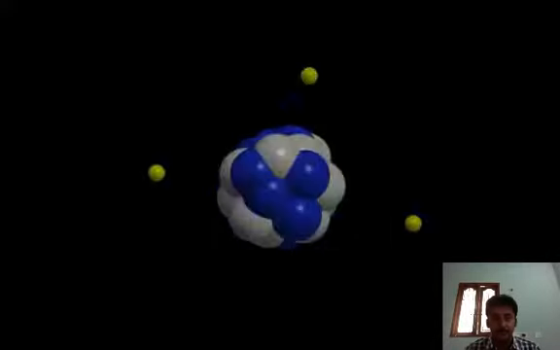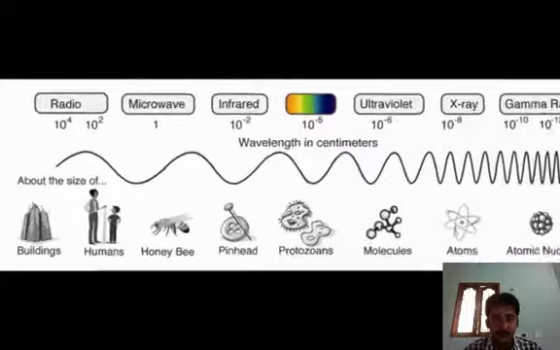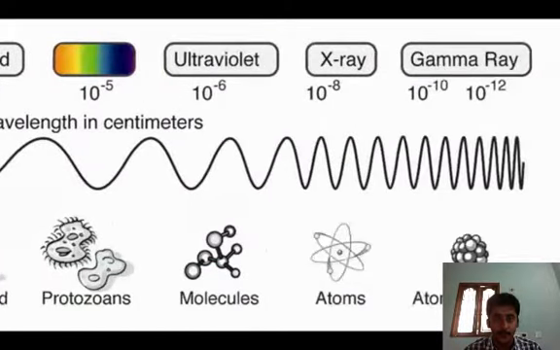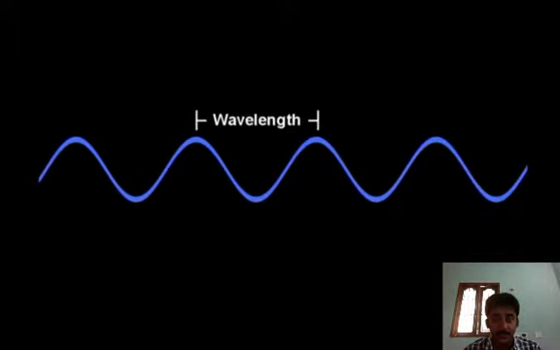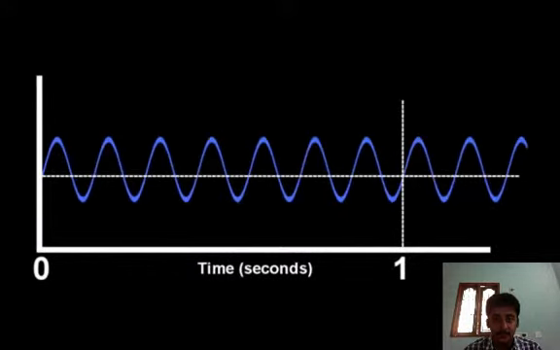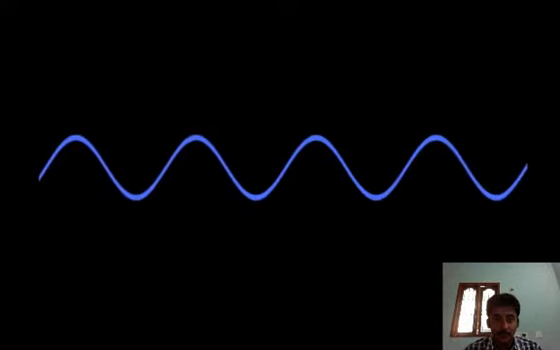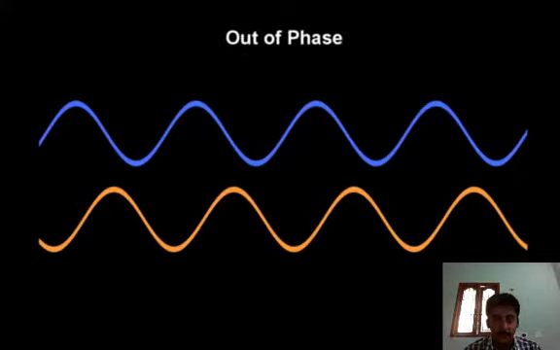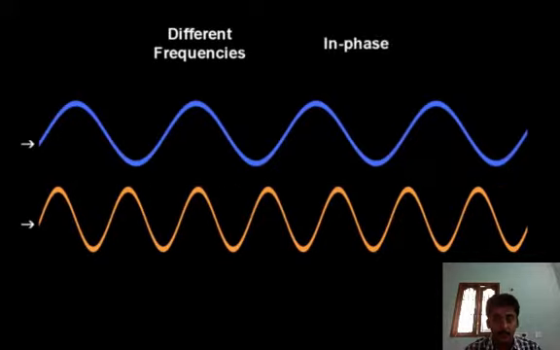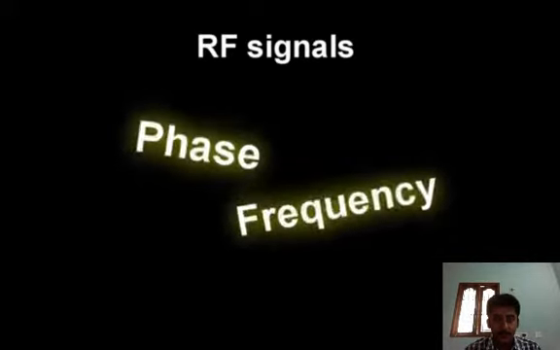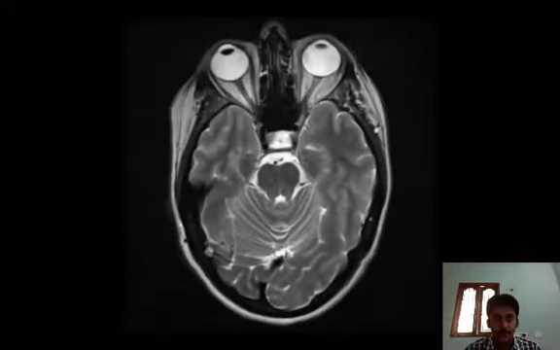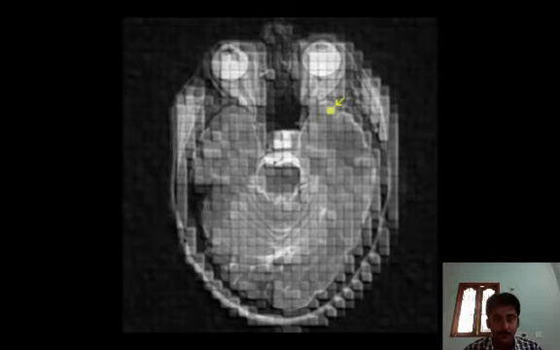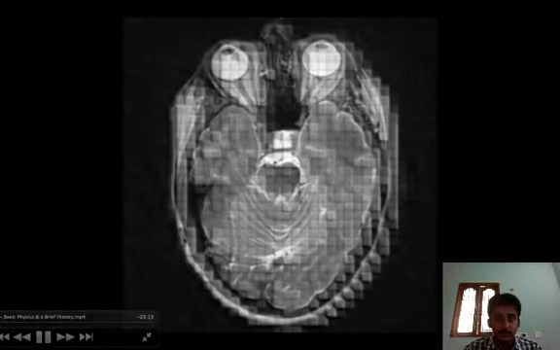So nuclear magnetic resonance basic principles. So this is a magnet. What are the basics? These are just frequencies of different waves. We have radio frequency of high energy, high frequency, and this is the relation between wavelength and frequency. Amplitude, definition, phase. These are in the same phase, different phase, out of phase, and different frequency. Same phase but different frequency. So RF has different frequencies and amplitudes. These are the pictures.